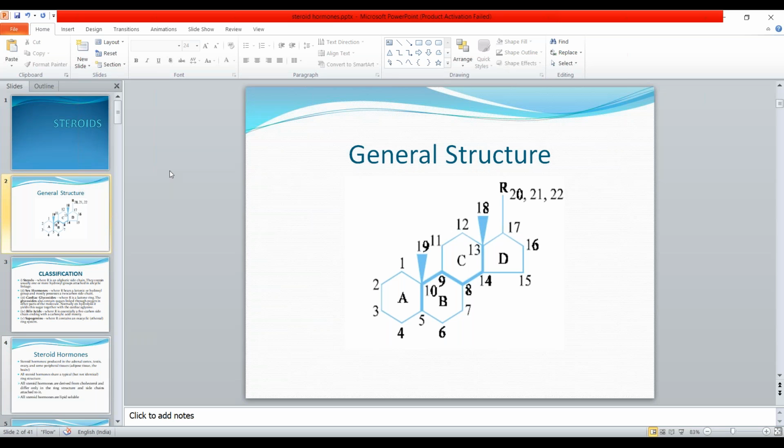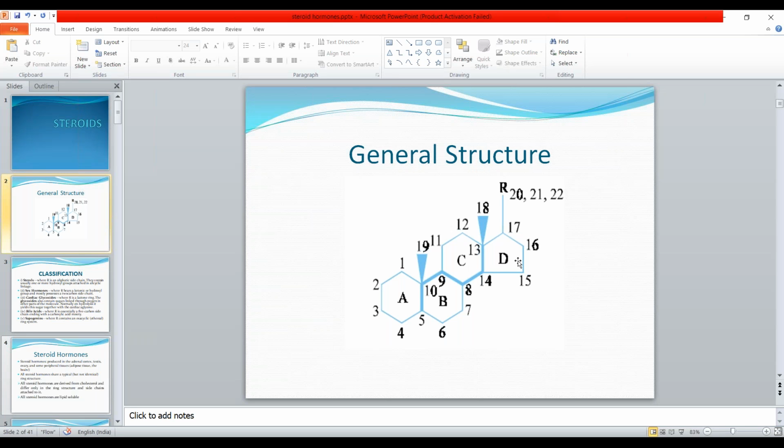Now coming back to this general structure of steroids, you can note down simultaneously this general structure of steroids: A, B, C, and D rings, along with the numbering. And this particular nucleus has a specific name because of the way it has been placed, and that name is cyclopentaphenanthrene nucleus, or you can call it hydrogenated 17H